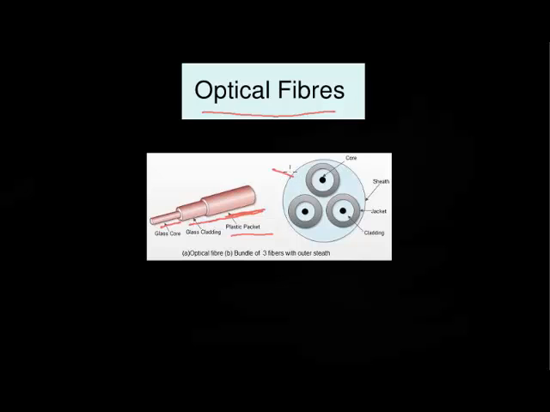And here we can see one more thing. See this, the black part is core, the sky blue part is cladding, and the gray part is plastic packet. Now here we can see that there are three optical fibers with plastic packet we have inserted inside one hollow pipe which is known as sheath. So a sheath can have one or more optical fibers inside it.